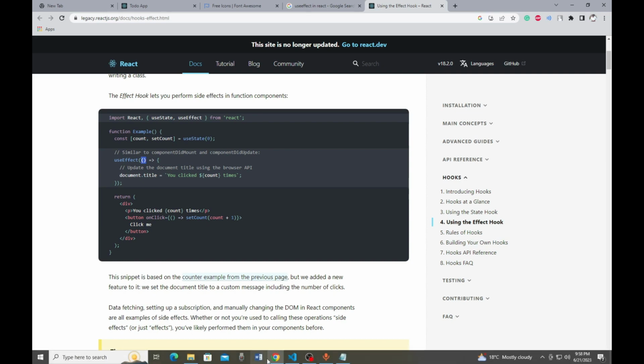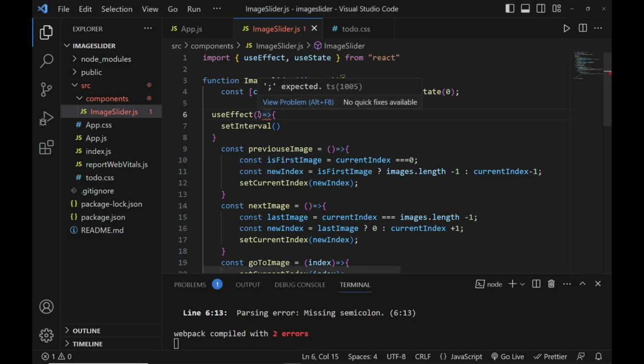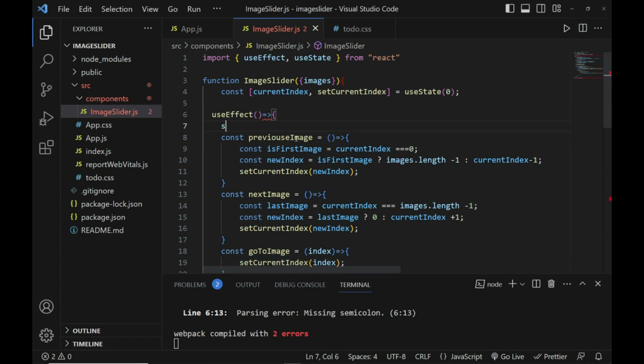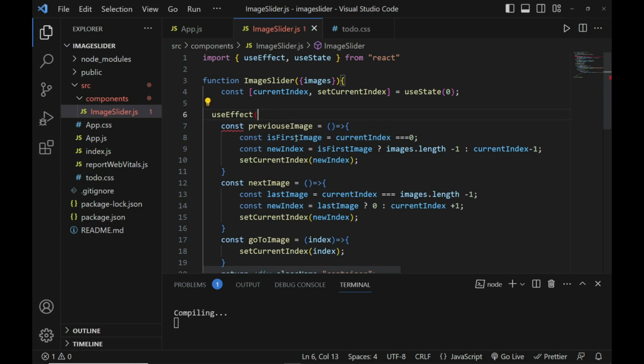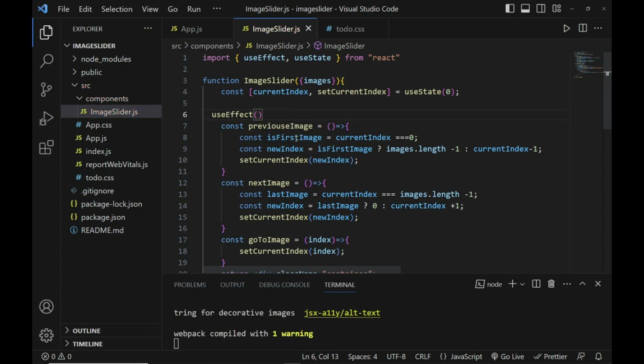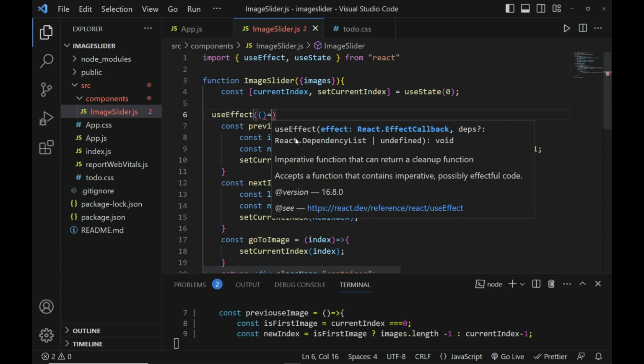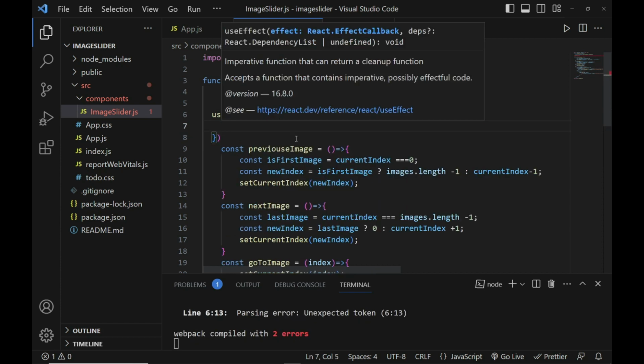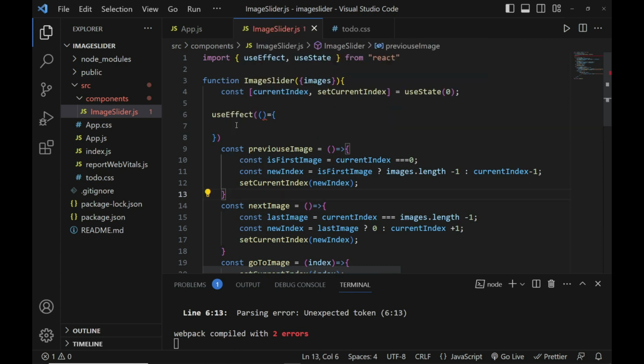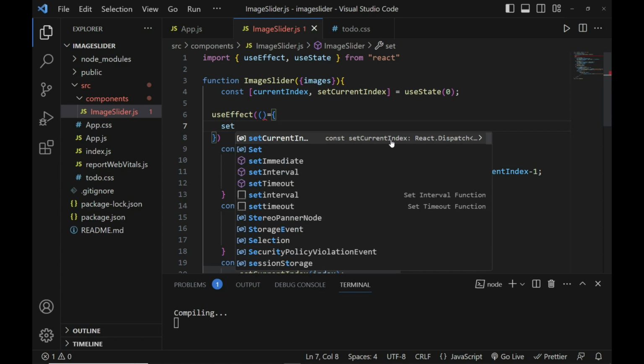Okay, let me go back and do this, do the correct thing. So that one, I think now it's okay. Yeah, it's okay now. I can set interval,